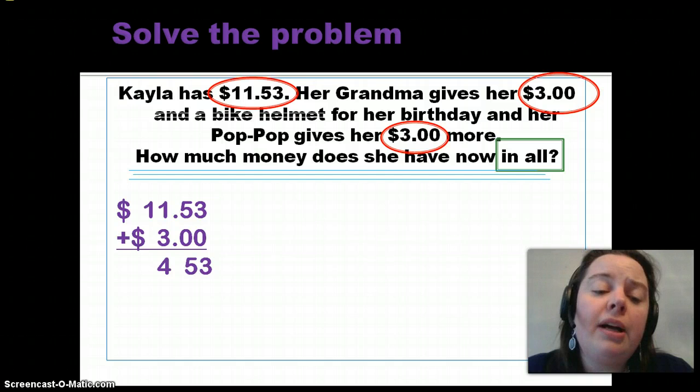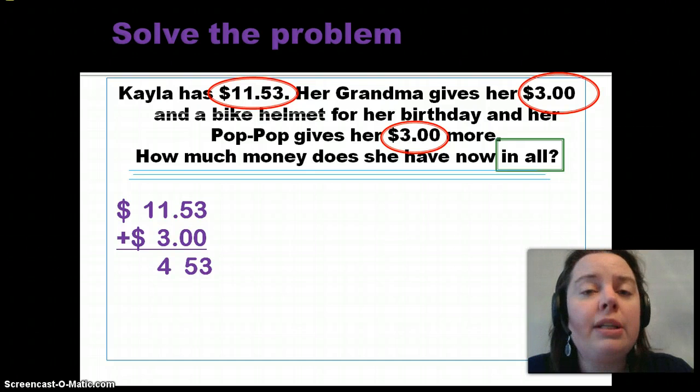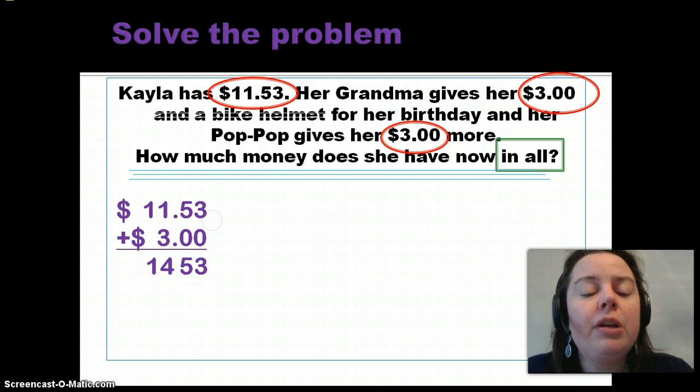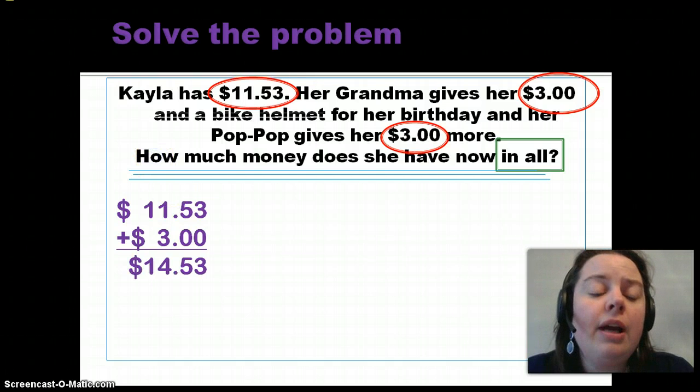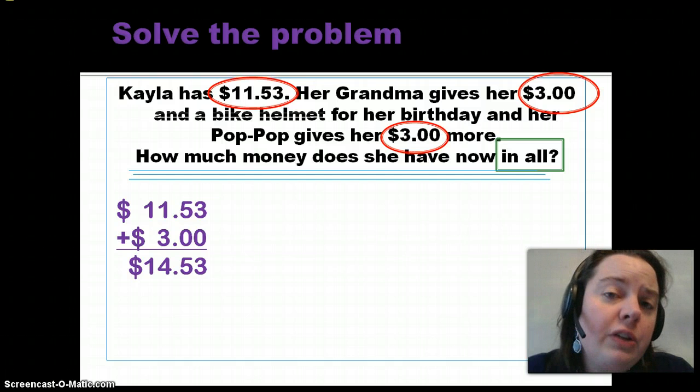Now we have 1 plus 3 is 4. And 1 plus, there's not a number there. Well, if there's not a number in the tens column, that's a 0. So 1 plus 0 is, good, 1. And we need to remember that we're talking about money, so we need to add our decimal point and our dollar sign. So next we have the second $3 to add to the total of the $11.53 plus